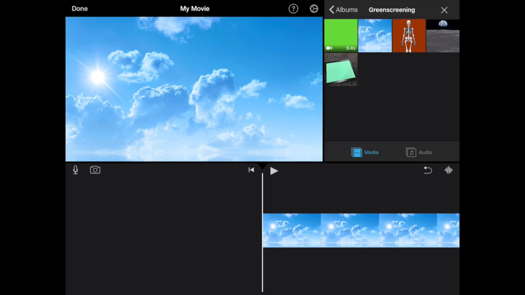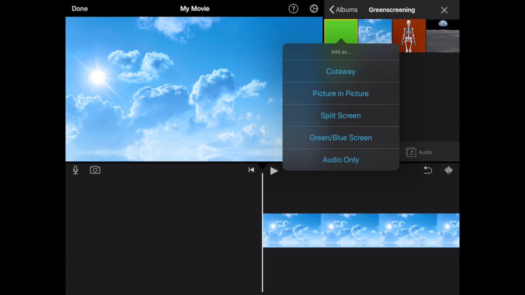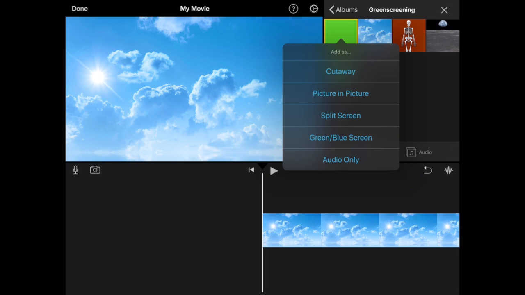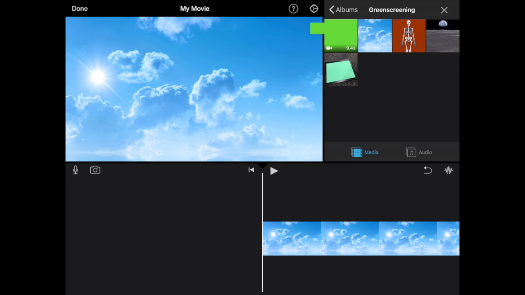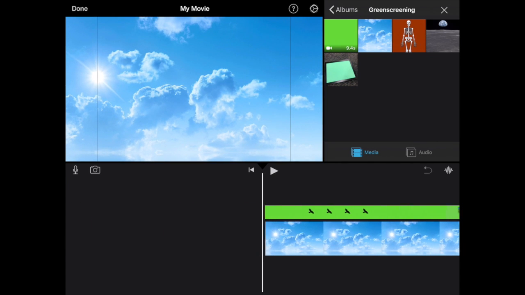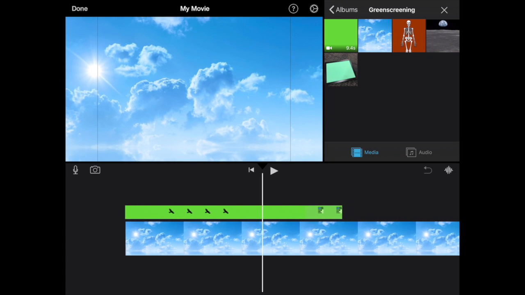Now to add the second layer with my green screening, I go back up, tap on the next one, and this needs a moment to download. Once it's downloaded, you'll see 3 dots. When you tap those dots, you get choices of how to combine and overlay the videos. I'm going to choose the green or blue screen, and it drops it up above